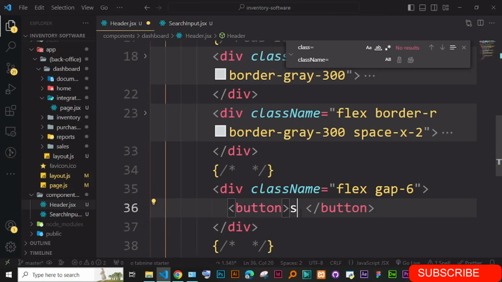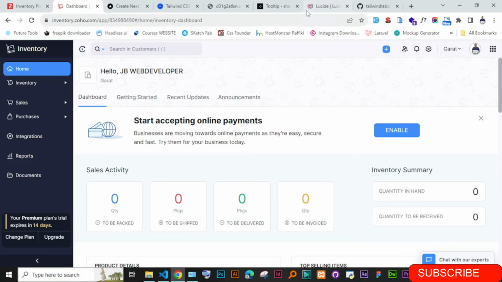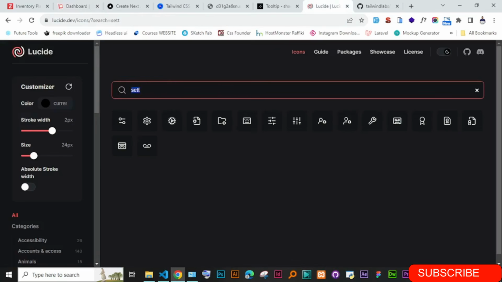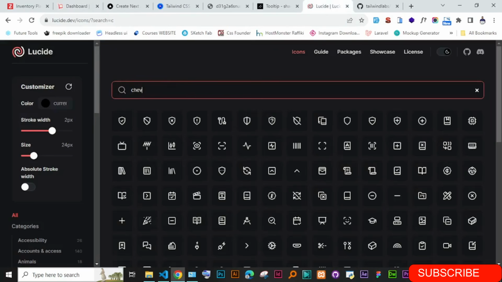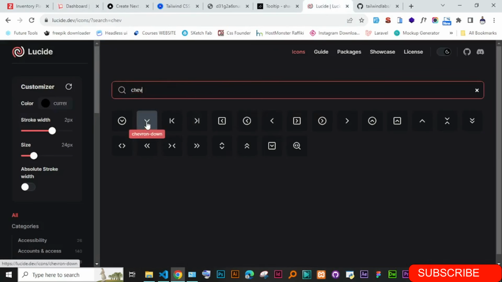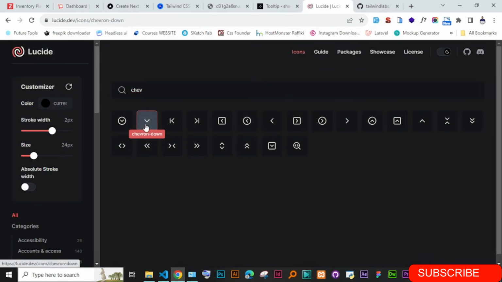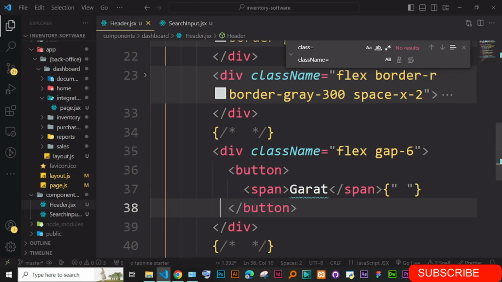So cut this into the span, and then let's put the icon at the end here. So you can just go and get the chevron like this down here. Just get this chevron. So I'm just going to come here and I add the icon,